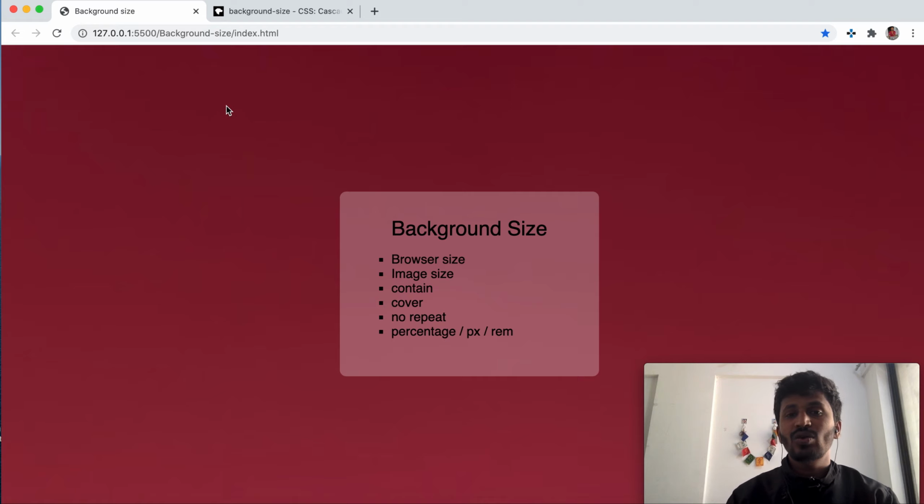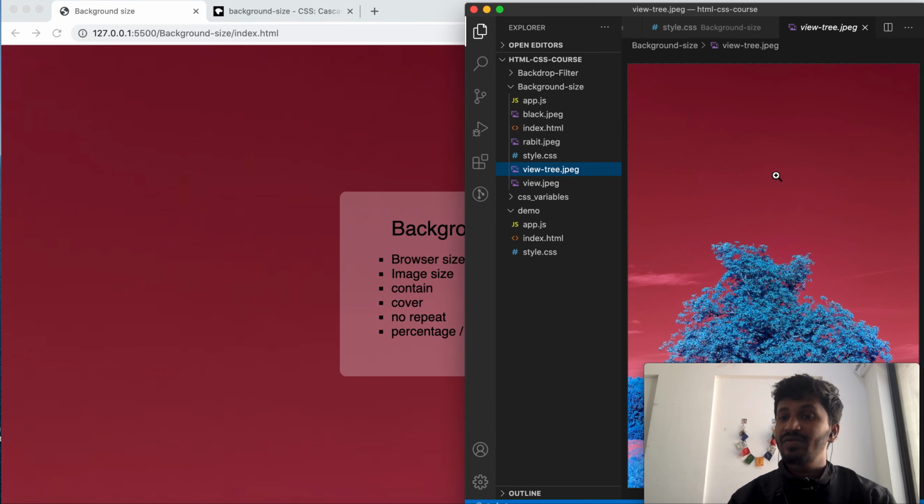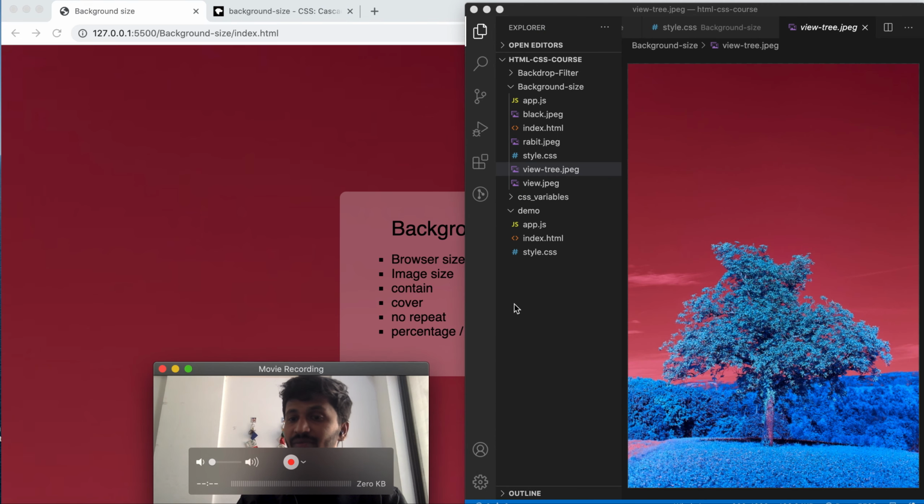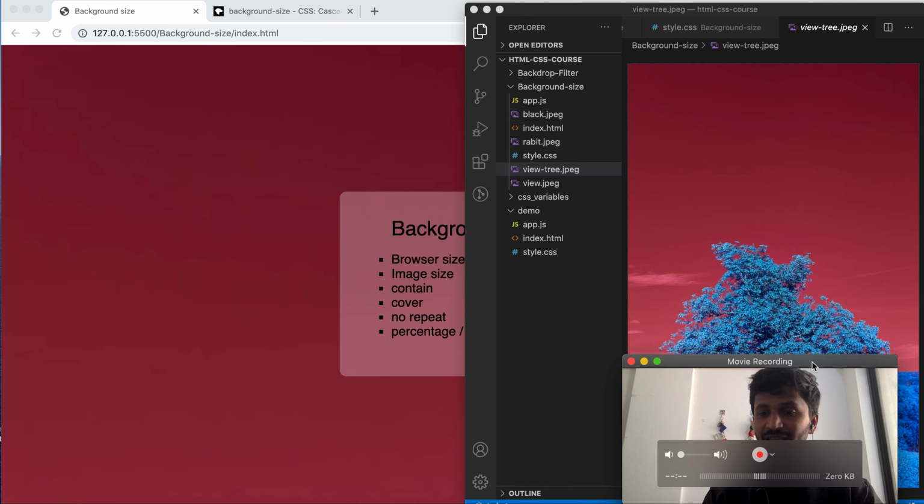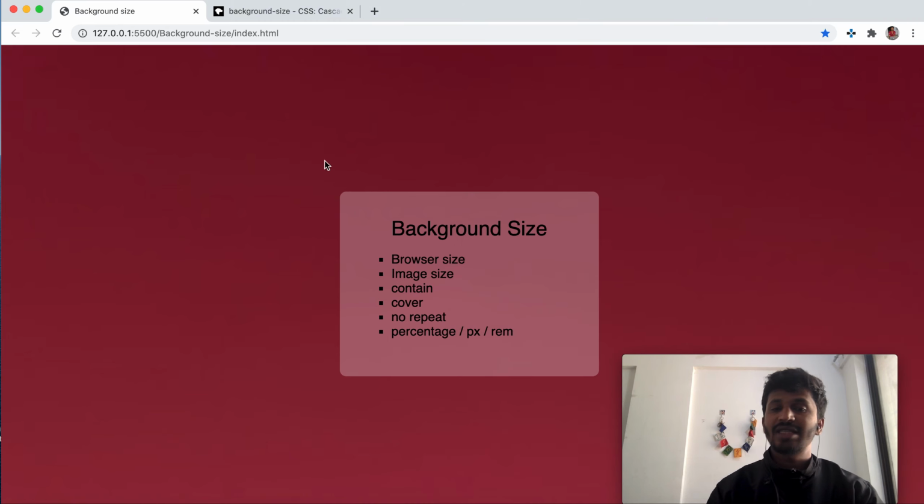This is what happens when your view is landscape and your image is vertical. The browser has scaled your x-axis to fill the container's x-axis. Relatively the dimensions of the image remain the same, and your y-axis becomes so large that we are not able to see it in the browser.